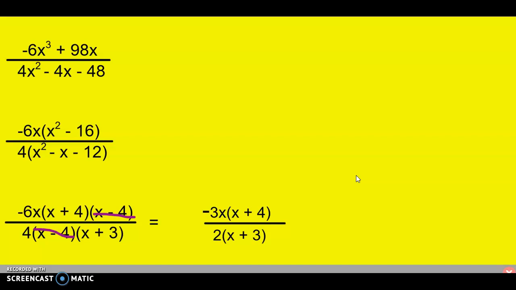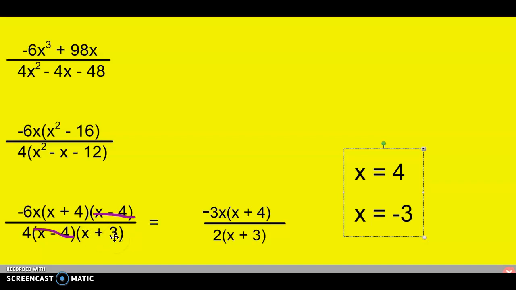You can multiply those back out, but we're not going to require that because our goal right now is reducing and simplifying. So that gets us to our simplest reduced form. We do need to make sure, however, that we state our two answers that x can't be. X can't be 4, and x can't be negative 3, because those would be the two answers that on the bottom would make this